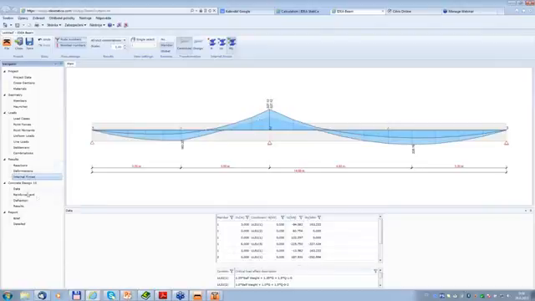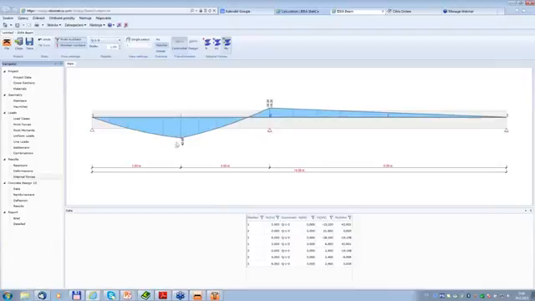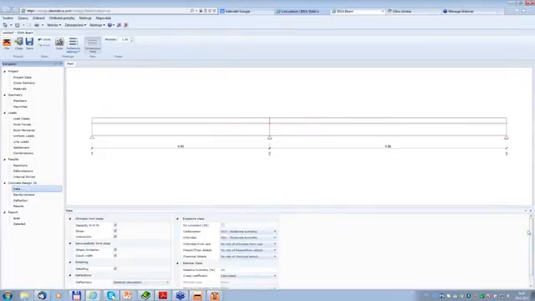If I am happy with the results, I see that there is this peak caused by, I can use even these load cases, for example this one. You see there is a peak caused by this point load. I can go to concrete design and I see that